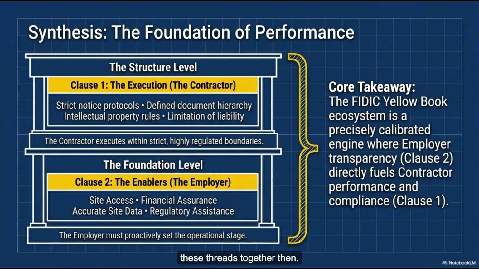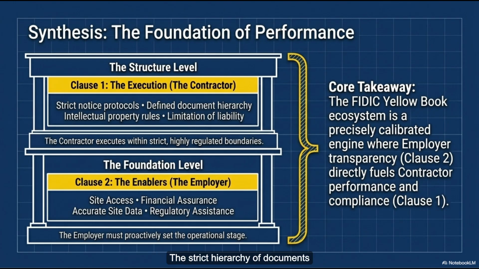Man, let's pull all these threads together then. The FIDIC Yellow Book, Clauses 1 and 2, isn't just dry administrative paperwork. Far from it. We've seen how it constructs a highly delicate triad of power. You have the employer who funds and defines the vision. You have the contractor, often an intricate joint venture, executing the build and absorbing the physical risk. And hovering right between them, you have the engineer, paid by the employer, but legally bound to act as an impartial referee. And stabilizing that whole triad are the relentless rules of engagement.